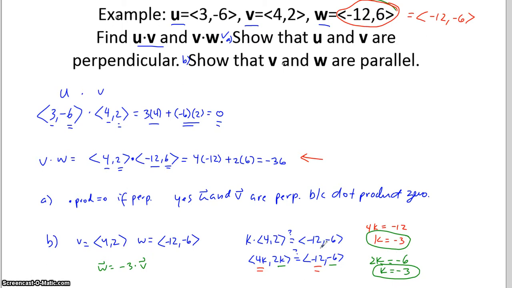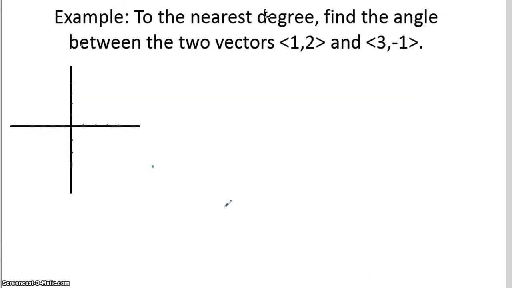If these were not parallel, we would not have gotten the same scalar for both of those components. Okay, for this next example, we want to find the angle between these two given vectors. The vectors given are <-1, 2> and <3, -1>. Again, recall that the whole idea behind this lesson today was to use tools to find the angle